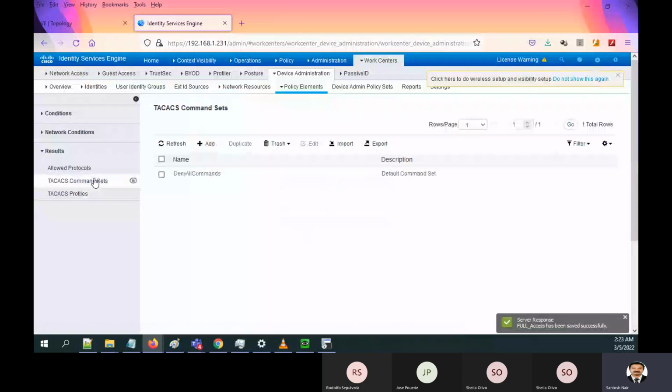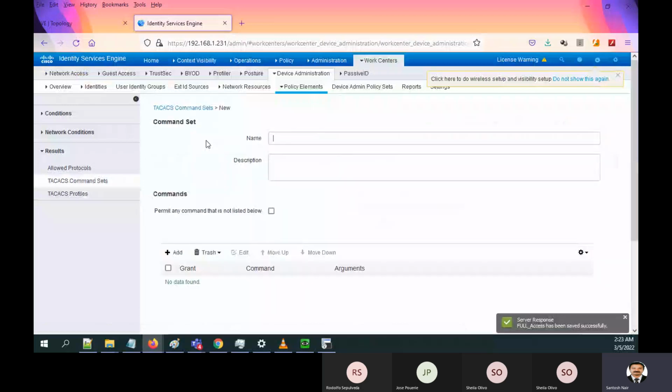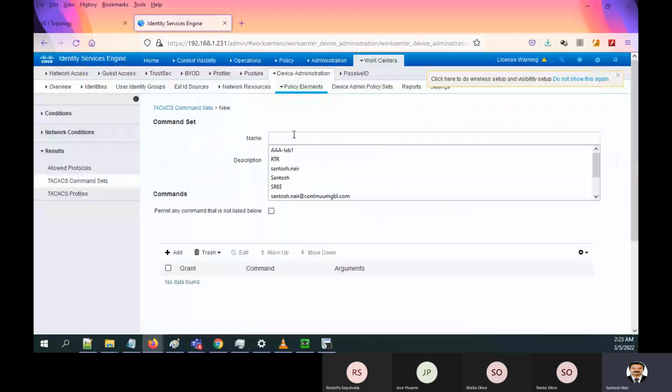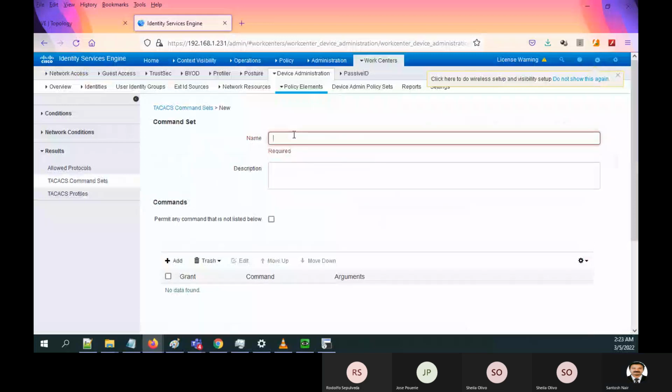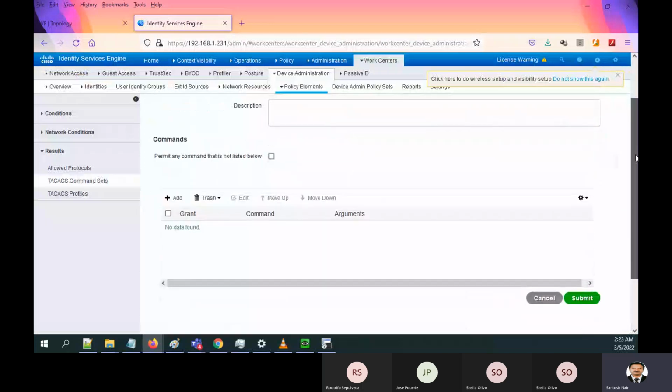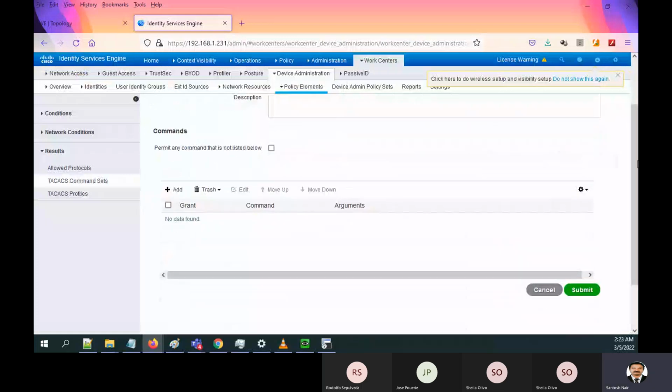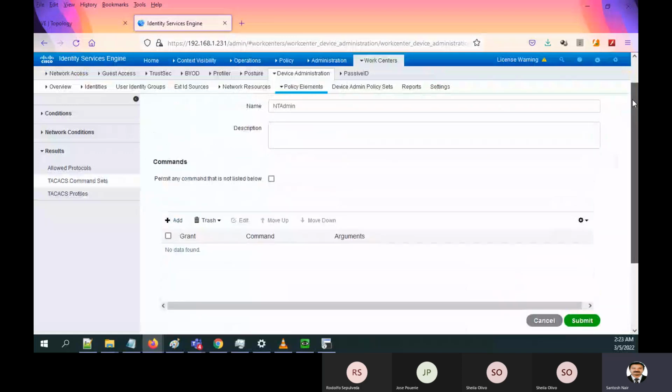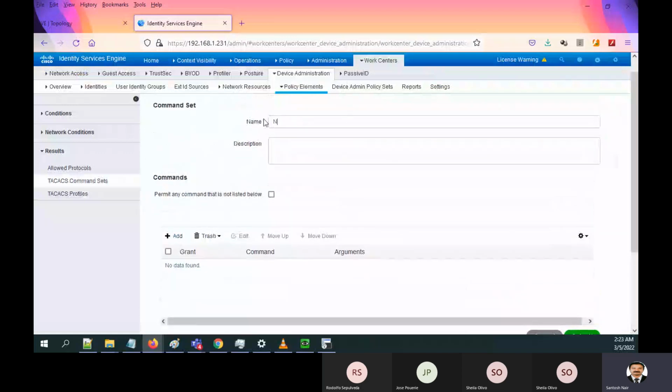Then we'll create different command sets. We can create different command sets. For lab purposes we'll just create a full one, because we can say network admin. Okay, and then you remember how we had enabled full access? Before that, if you want, we can enable temporary access. So temporary access, in the sense we can enable some specific commands. Okay, let's start with that one first. So we can say